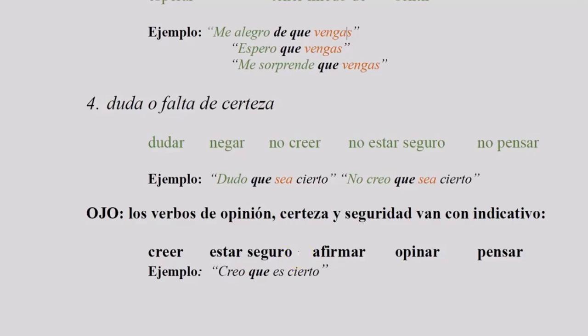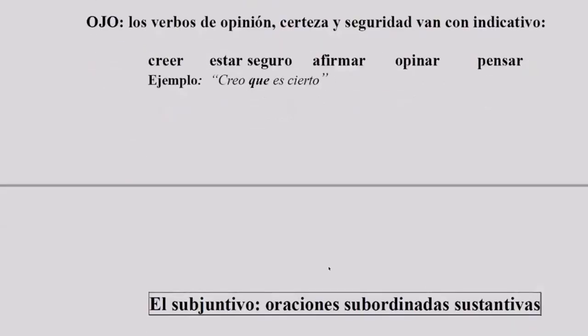We see any of these verbs in sentence number 1, we know that the subjunctive is going to be triggered in sentence number 2. Does that make sense? So once we're familiar with these verbs, it becomes pretty easy to identify that subjunctive. We see the trigger, we see the que, we add the subjunctive. Does that make sense?